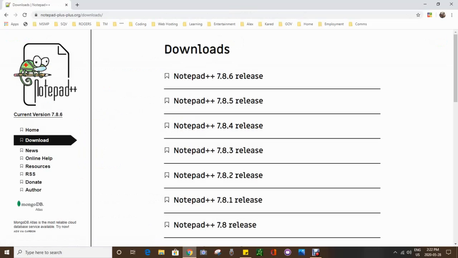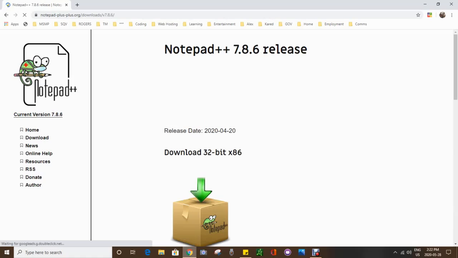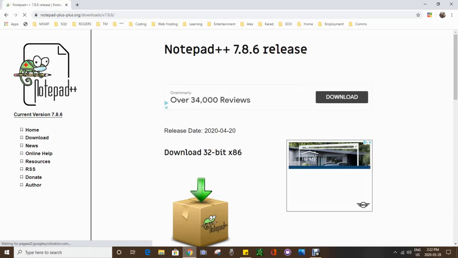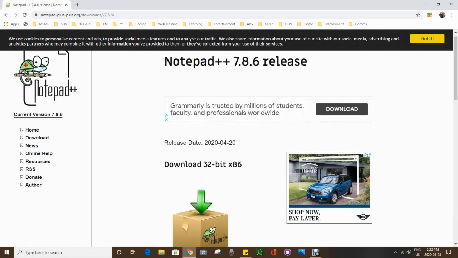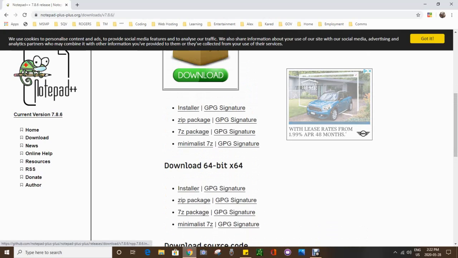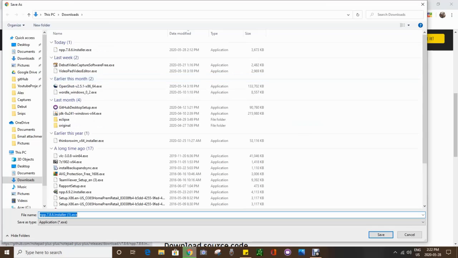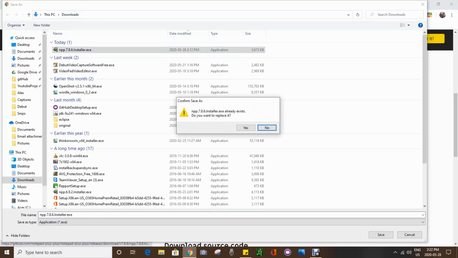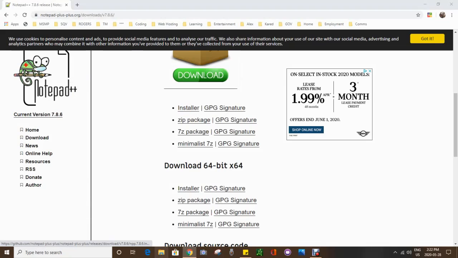So we're gonna go to the website for Notepad++ and choose the latest release, which is 7.8.6, and download that for our operating system. Mine is Windows operating system 64-bit. So I'm gonna download it for that. Let's click download. We're gonna download the exe package. I actually have the package already installed, so let's cancel this. Go to the downloads